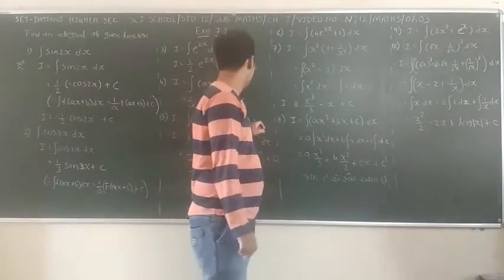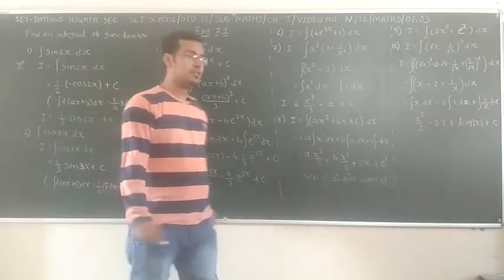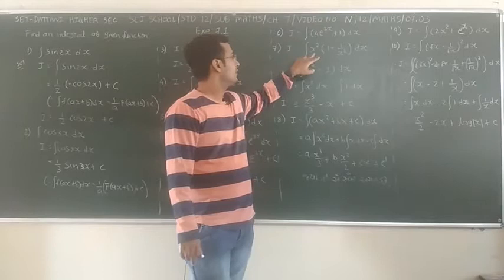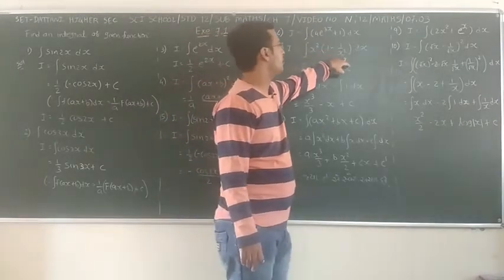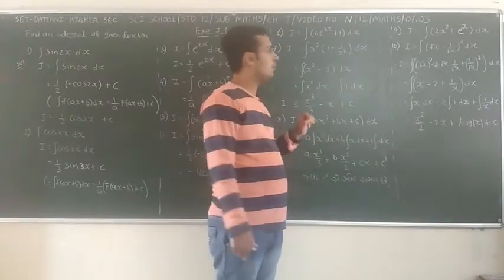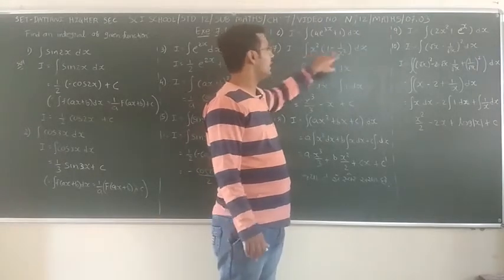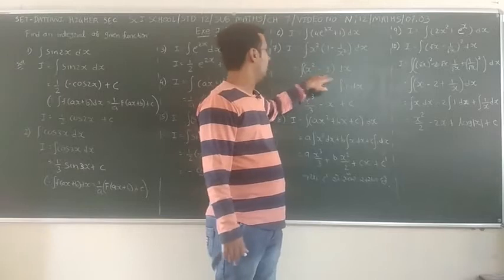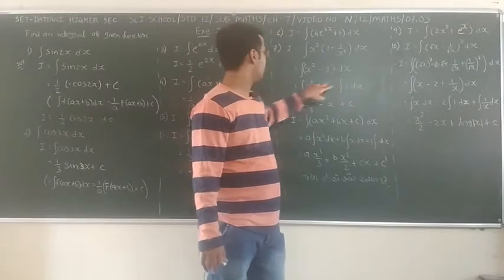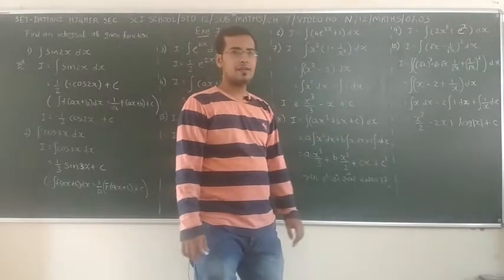Next, the sixth one is integration of 4 into e raised to 3x plus 1. The integral of 4 into e raised to 3x we have already done, and the integration of 1 dx, you know, is x. Now this sum: integration of 7x square in bracket 1 minus 1 upon x square dx. In integration there are no multiplication rules, so we open it. x square into 1, and x square into 1 upon x square cuts, only 1 is left. Separate: integration of x square dx minus integration of 1 dx. So x square gives x cubed by 3, minus 1 gives x, plus c. That is our final answer.